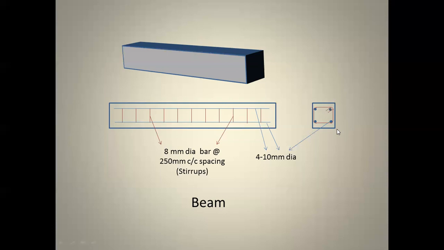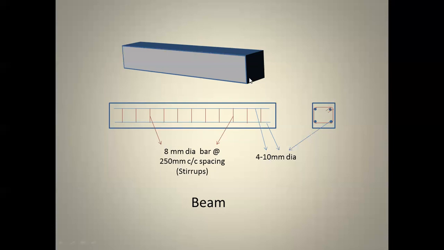So how do they make a stirrup? It's like a ring. They will take a single rod. It will start like this, and it will go through like this, and it will end like this. This is a single stirrup. If you see the components of the beam, we have main reinforcement, 4 numbers, and we have stirrups at equal intervals. This will be 4 number of 10 mm dia, and this will be mentioned as 8 mm dia bar at 250 mm center to center spacing.